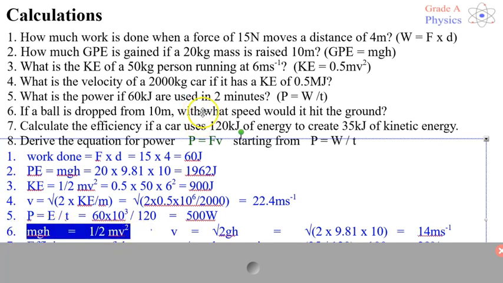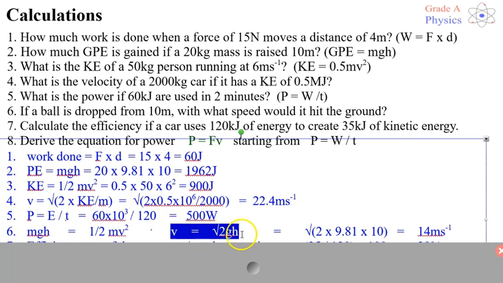Now, you might be looking at this and thinking, well, what about the mass? We don't know the mass, but we don't need the mass because we have the m here and the m here as well. So the mass cancels. So the final velocity is independent of the mass. Counterintuitive idea. So the mass cancels and we can make v the subject. That's equal to root 2gh, brackets there possibly, and we can put the numbers in and we get 14 meters